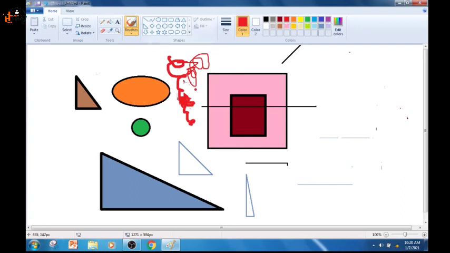So have you understood all the things that we have learned today? We have learned drawing a rectangle, how to draw an oval, how to draw a triangle, how to draw straight lines, how to fill them with colors, how to use brush, using the eraser to erase the unwanted part. Have you understood all these things?